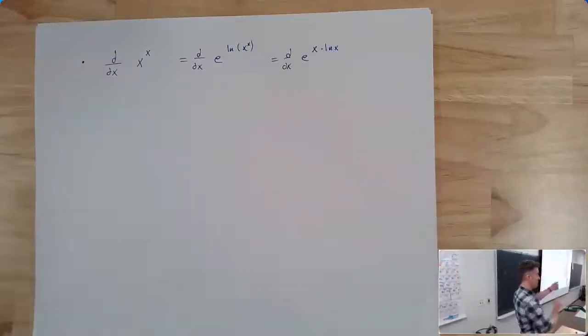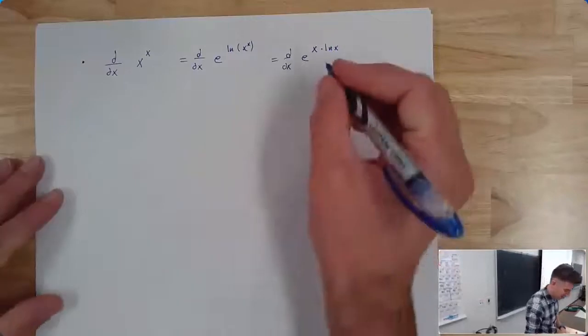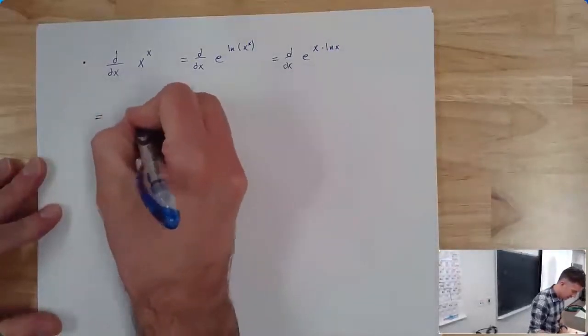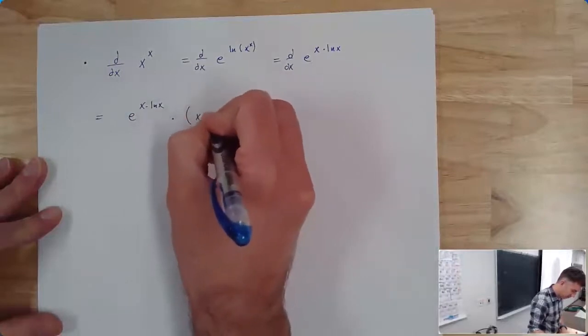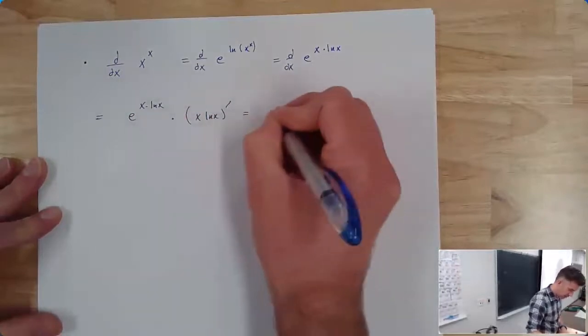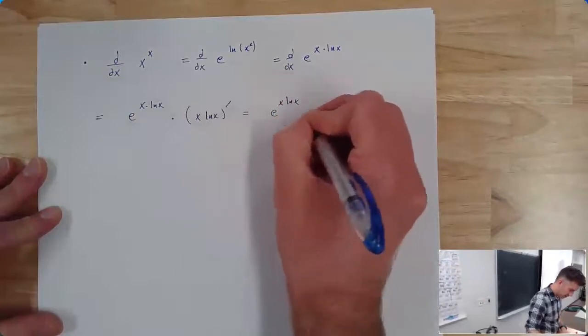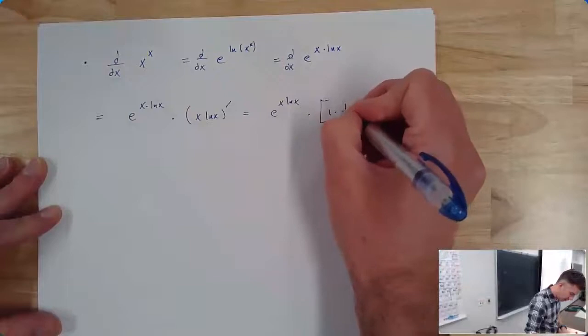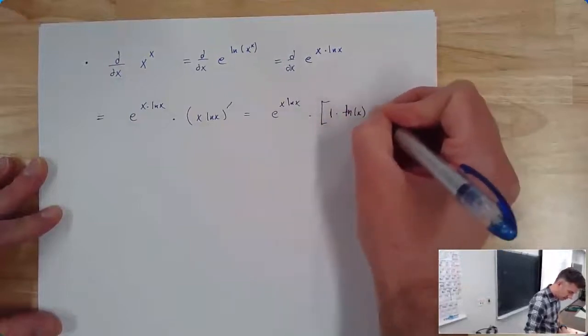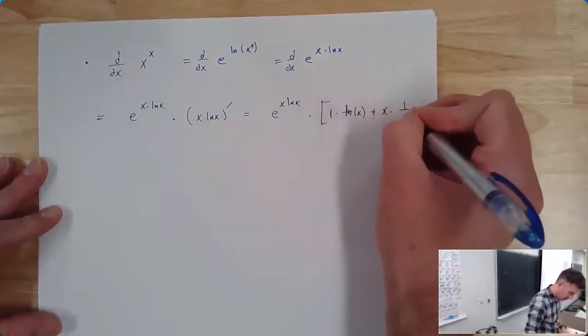So you're always gonna have a function of x and a function of x. So that's gonna end up being e to the stuff times the derivative of the stuff, which is going to be e to the stuff times product rule, 1 times natural log of x plus x times 1 over x,